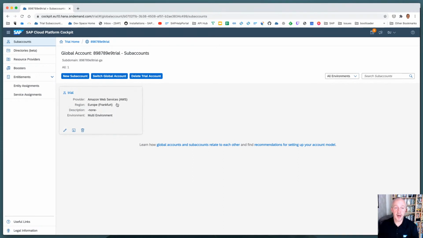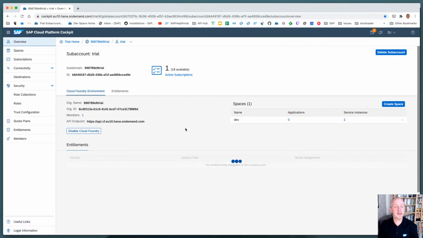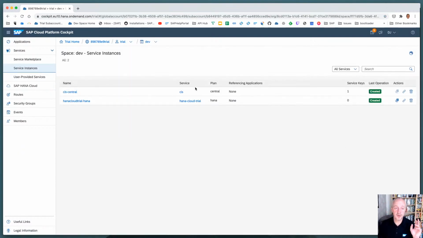Apart from the actual trial sub-account, it's in Europe, EU10, welcome back EU10. It's a multi-environment account. It's got no beta services set up, but we don't need them. It's on AWS, that's fine. And in there, I've got no applications and I've got 2 services in there, and that's because I'm messing around